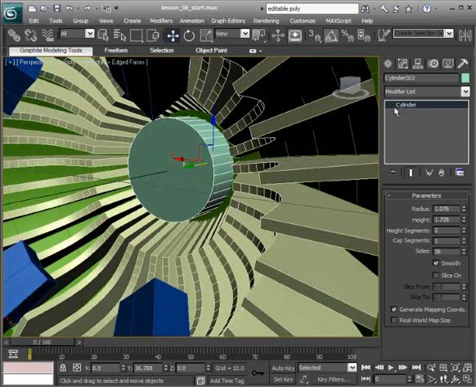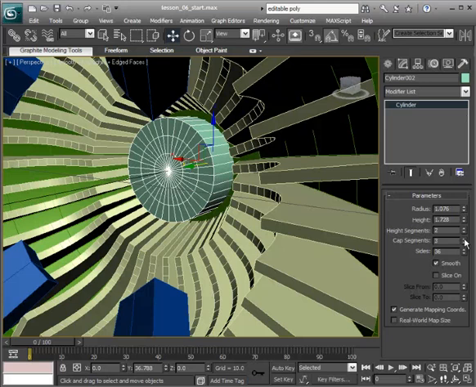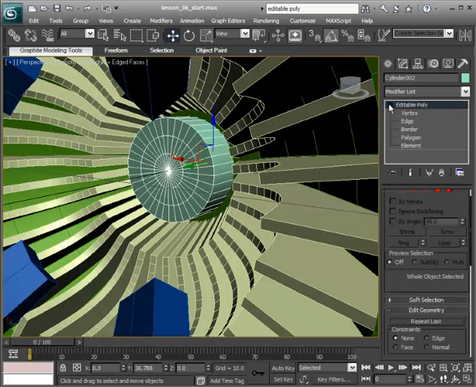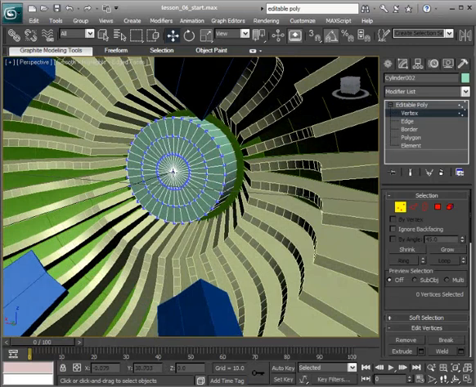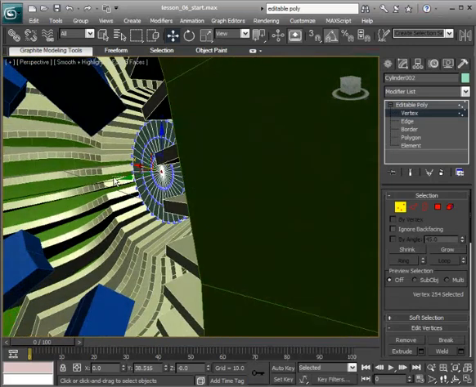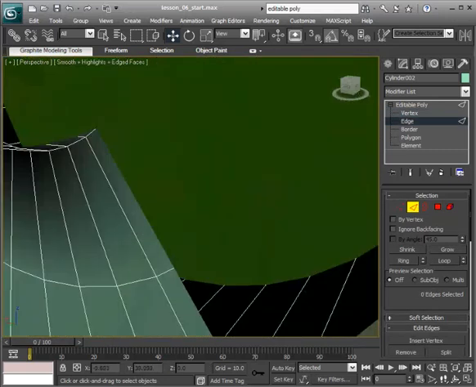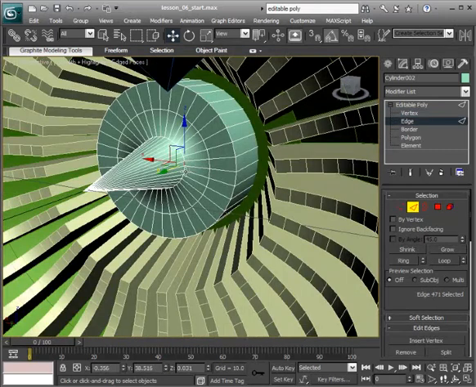All right, so we can start to modify this, and one of the ways we can do this is just to add some cap segments here. Okay, let's say we want this to be a little bit more pointy. So let's go ahead and convert this to an editable poly. And now we can start to move some of these out. So we can maybe take our middle vertex and pull that out. Okay, we can start to take the edges that we have here. So selecting that loop,